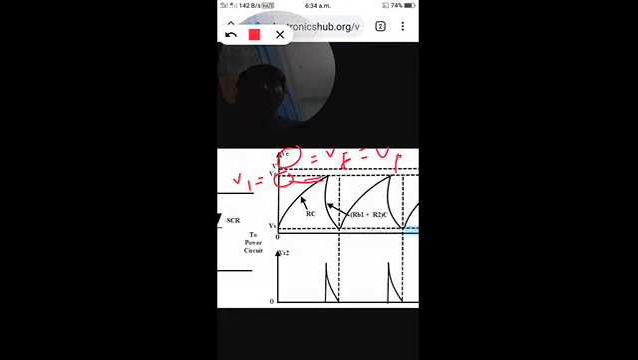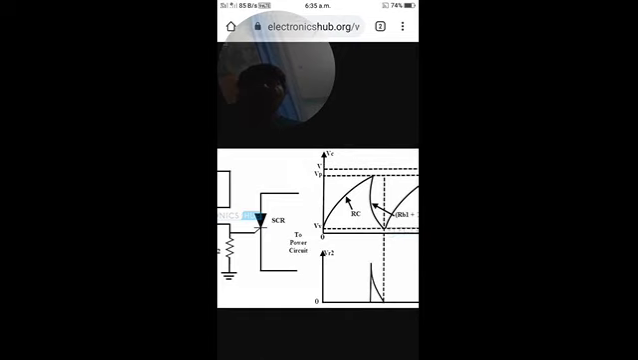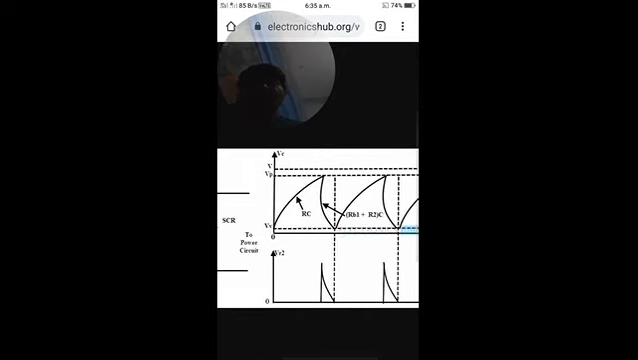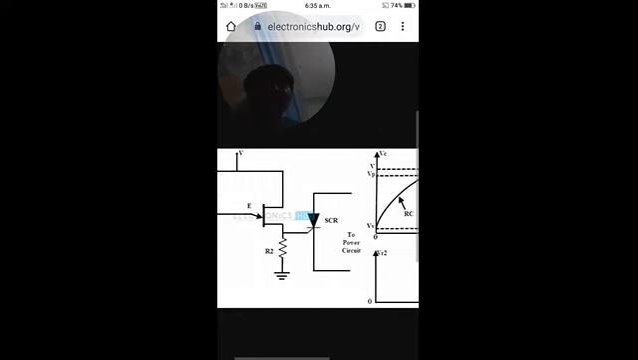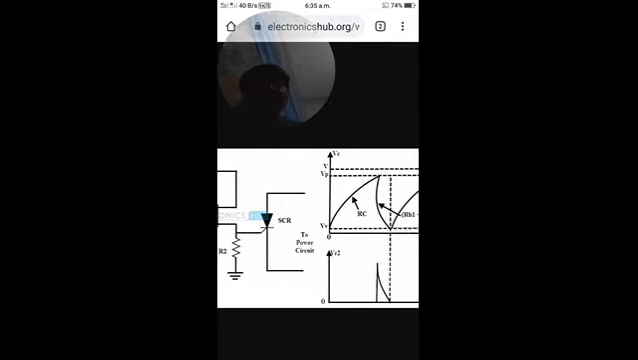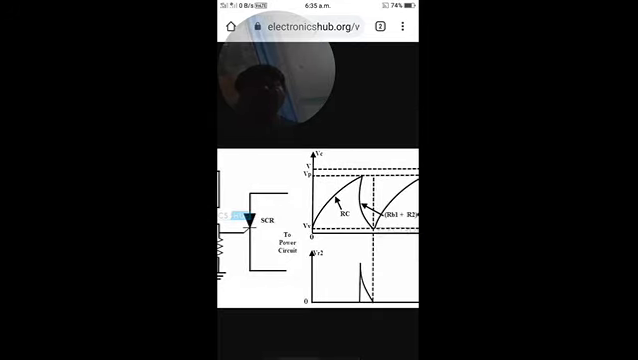When the UJT is conducting, the capacitor starts discharging towards 0. The capacitor voltage falls towards 0. In the process of discharging, when the capacitor voltage reaches a value equal to the valley point voltage of the UJT,